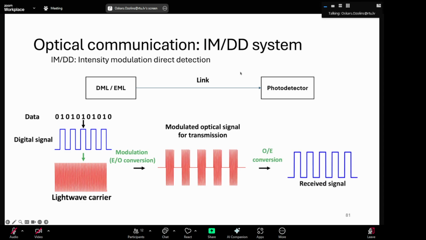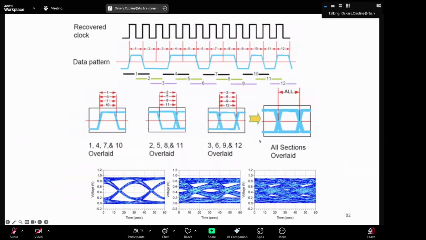Over the link. And then we have again back to electrical signal. So we have received signal, and then we look at zeros and ones again. So there are some things we need to learn, what we are going to look into during the lecture. So first thing I wanted to talk to you about, I think we have not covered, is these